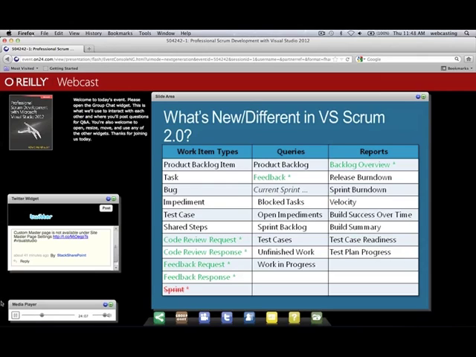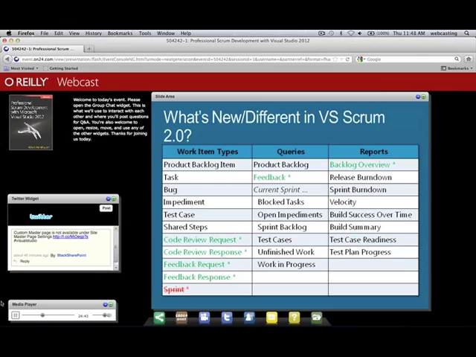The sprint work item type is no longer required because in Team Foundation Server 2012, you can now put start and end dates right on the iteration nodes themselves. And that was primarily the reason for the sprint work item type in the 1.0 template: it gave you some extra metadata buckets to put the start and end date. It also gave you a place to put the sprint goal and sprint retrospective notes, and now that has been lost. So you'll need to go back to some alternate way of doing that, such as a document or some entries on SharePoint or a banner on the wall or something like that.